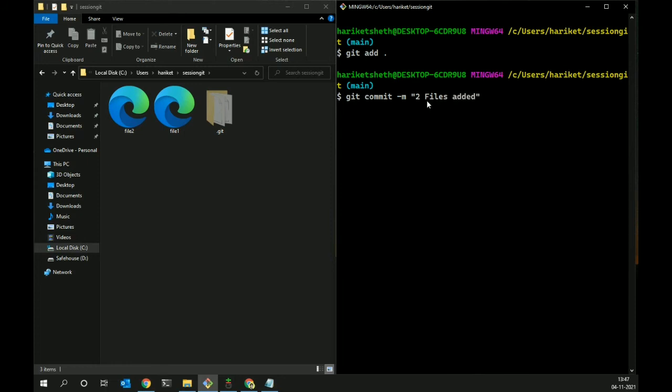Okay, and one tip to all the beginners or viewers of this video: please give meaningful commit messages here. When you are reviewing your project, commit messages would be visible to you, and that's what will give you the idea what specific change you made. So you have to be very clear in giving commit messages.